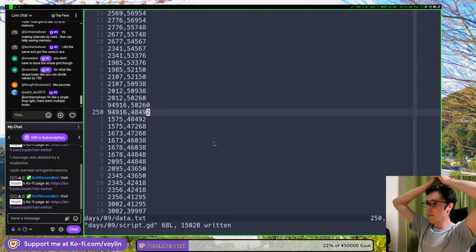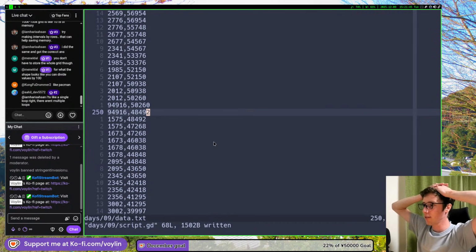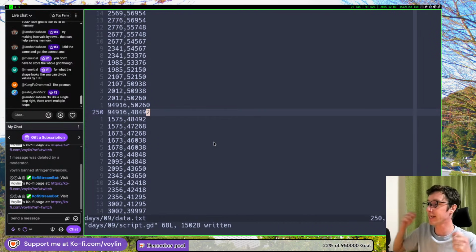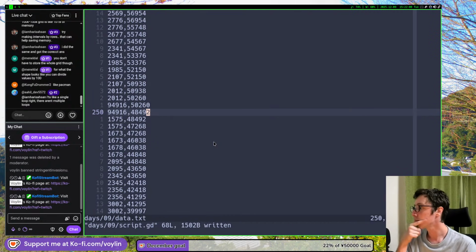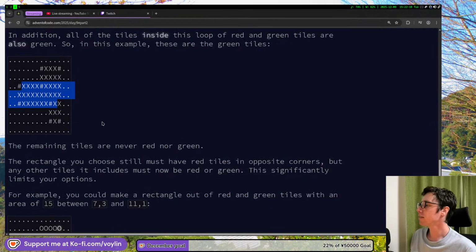So if it's above 50,000, but that will not work with the test data, then it's literally a custom-made solution for our specific data sets. Then it will not be foolproof. But if you look at the test data,